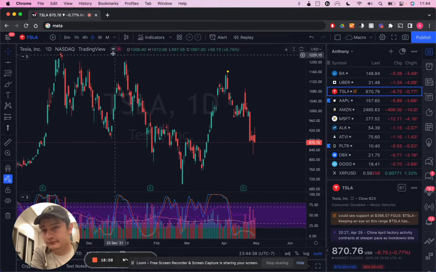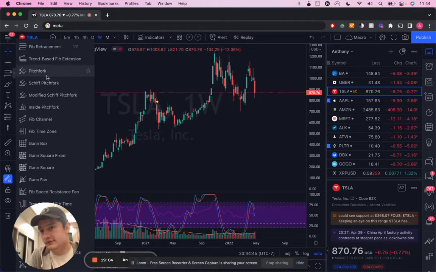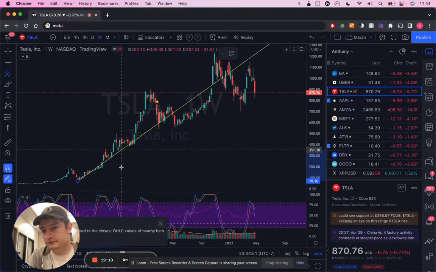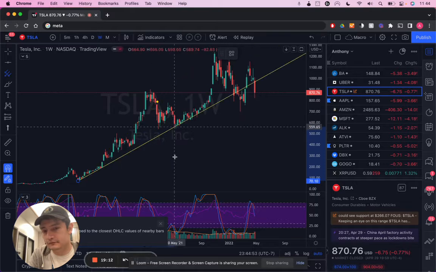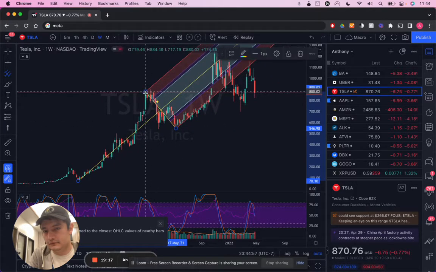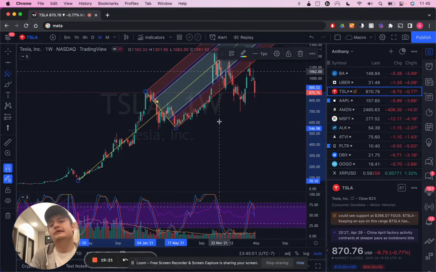Well, there is some bearish presence here. Volume here is higher than usual. Let's try and drop some stuff and see if it's following anything. We'll throw a pitchfork on it. What the hell is a pitchfork? So this